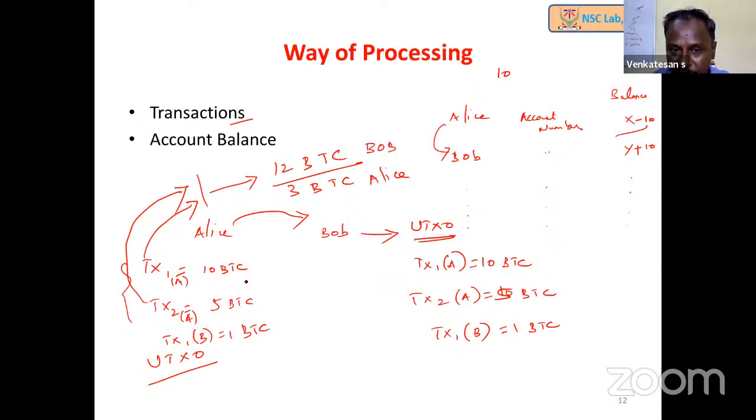Now Alice is spending these two transactions and stating that 12 BTC will go to Bob, remaining 3 will go to her account only. And it is suggested in Bitcoin, for every transaction we should use a new address, so that nobody will be in a position to completely track you to find out what your account balance is and what transactions you are making with whom. So this is the way the transaction way of processing works. Ethereum does account balance based processing and Bitcoin does transaction based. Even IOTA is also doing transaction based.